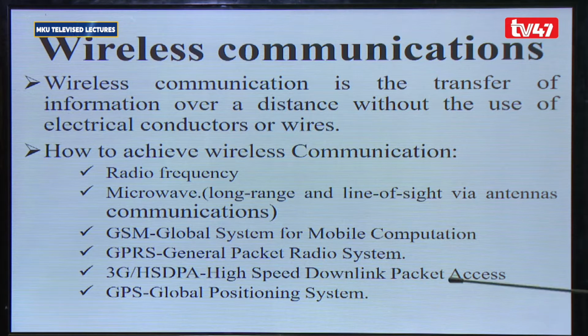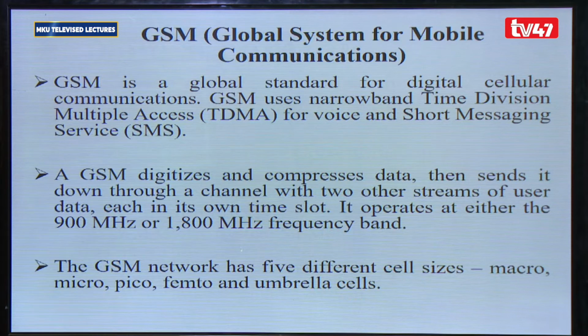And also you can use the 3G, the Global Positioning System, which is the GPS. That's where you achieve wireless communication. We have other ways, which is the 4G, which is the most current, though that's another way you can achieve wireless communication. So let's discuss slightly about GSM phones before proceeding to the mobile development,